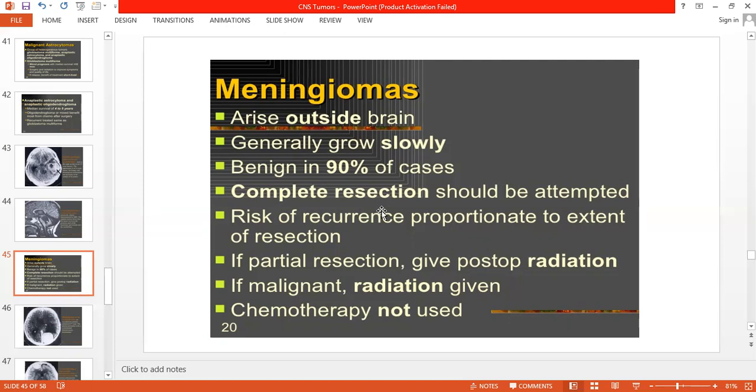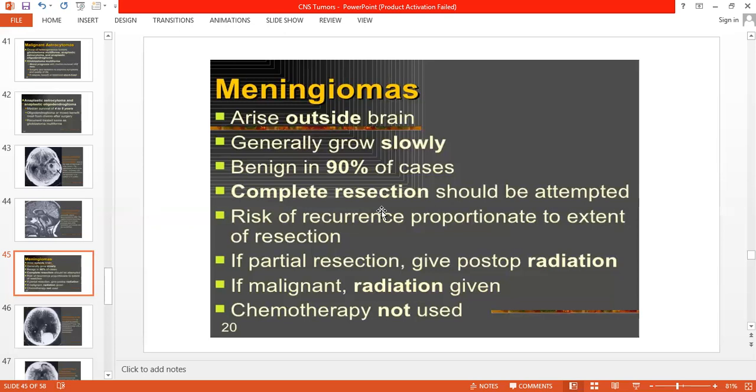If they are very big, you can't remove it in total, I mean, totally separating it from the surrounding structure and removing it outside. So total removal is not possible. You have to remove it piecemeal. Piecemeal, I mean, you excise a small piece of it, obtain coagulation, then go for another small piece, and then again coagulation. Sometimes it lasts 5 to 6 hours in removing a big size meningioma.